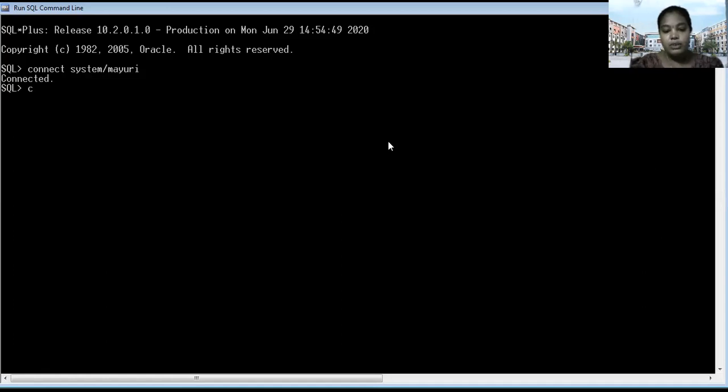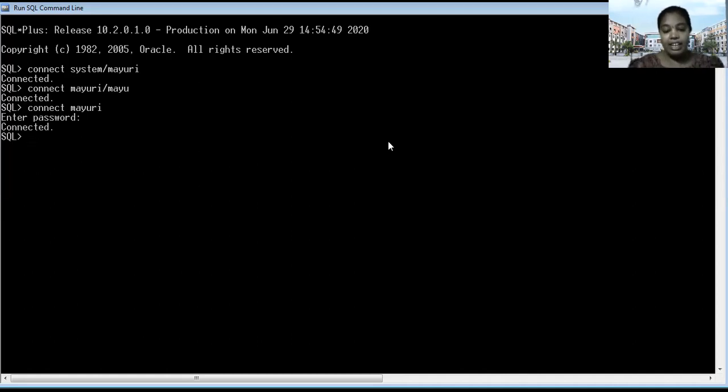Then you have to use connect. What is the username here? Mayuri, and my password is Mayu, like this. Or otherwise you can use it like this also. Then it asks for the password, Mayu, like this. You have to enter.